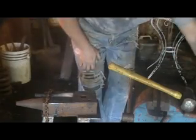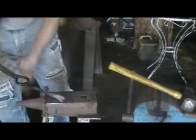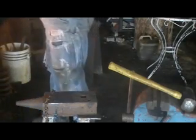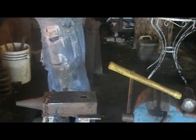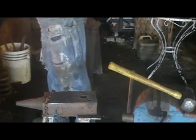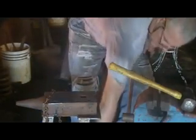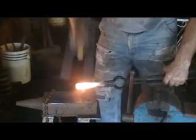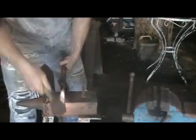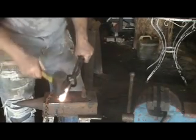I like to bring it down to where I get the first little bit that kind of cuts through. Nice thing about using this type of striking anvil, it doesn't matter how you treat it because you can just grind the face and redo it. Another way to cut is on your hardy, which is a hot cutting tool. And I'm going to cut through a little bit more than halfway. And I want to bend this over